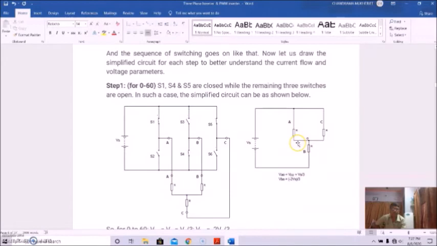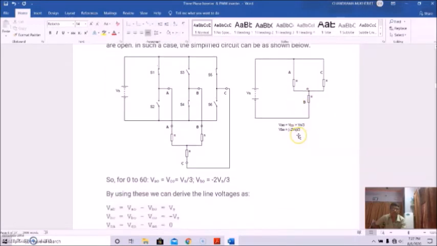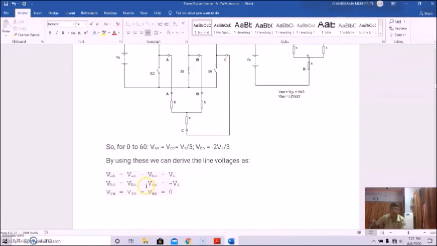So in that case, VAO equal to VCO equal to Vs by 3 and VBO equal to minus 2 Vs by 3, and so the line voltages will be VAB equal to VAO minus VBO equal to Vs, VBC equal to VBO minus VCO equal to minus Vs,